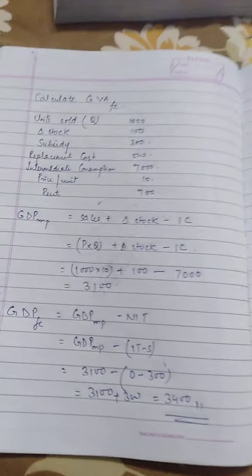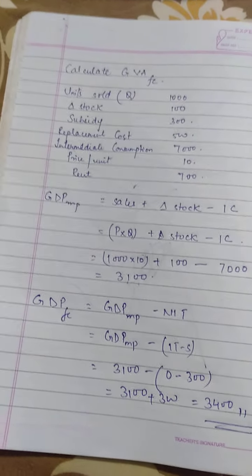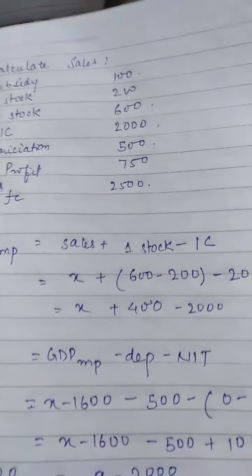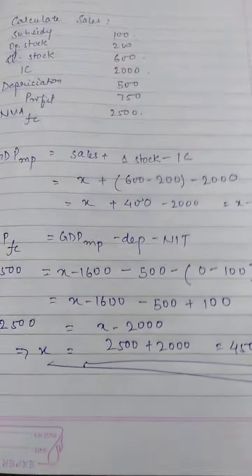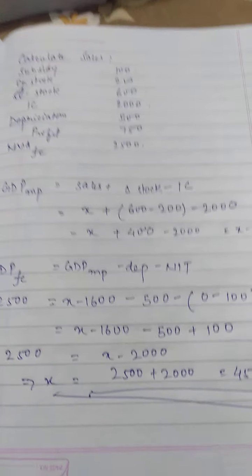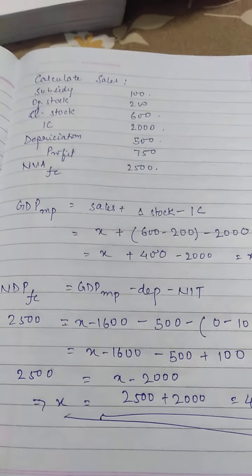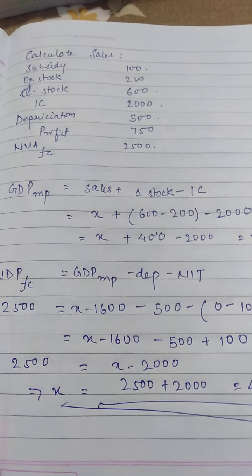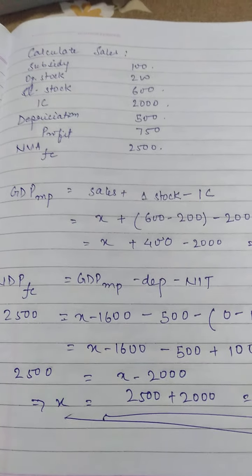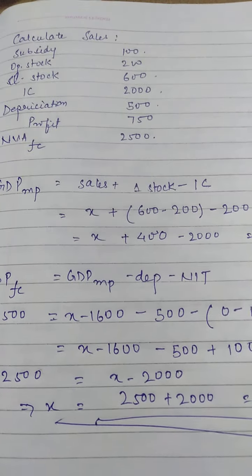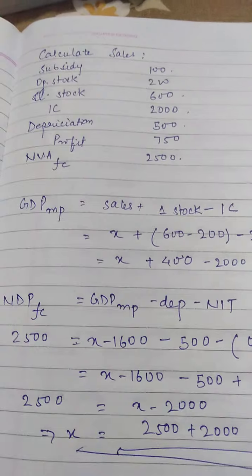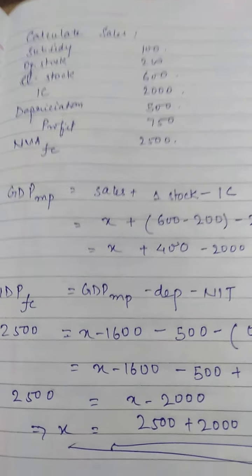Well guys, this is one type of question that you are being asked to solve. The second type of question which you are being asked to solve is the calculation of sales or intermediate consumption. Now let me tell you one thing. In the numericals, if you get to calculate sales or intermediate consumption, remember one thing, that out of the 8 terms that are used in national income, the value of one term will surely be given to you.